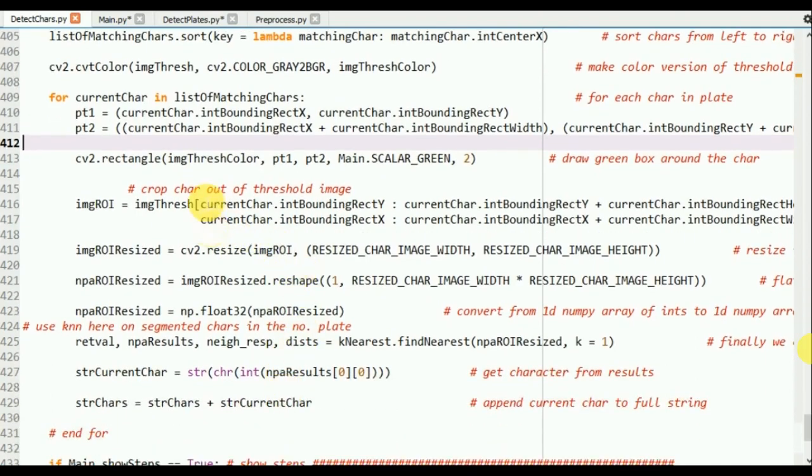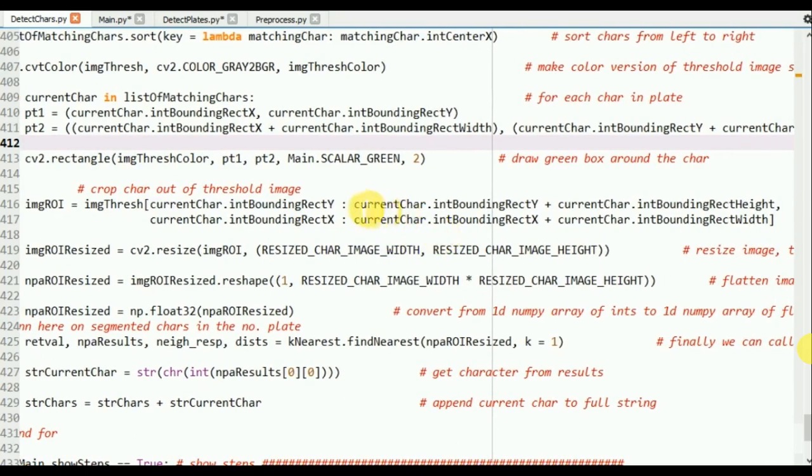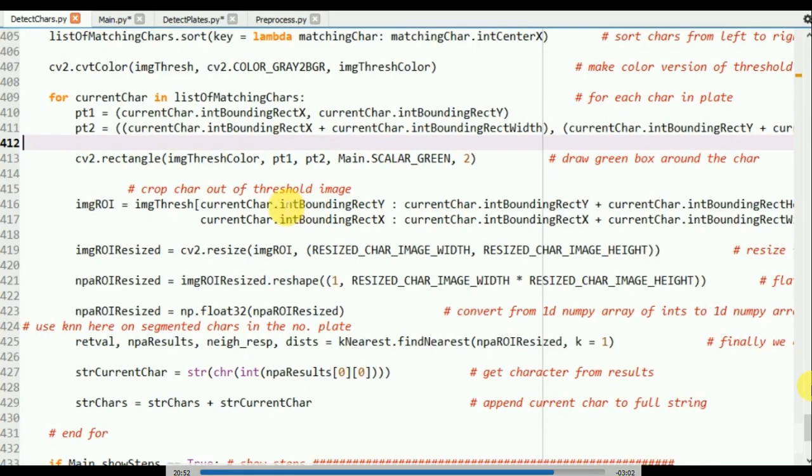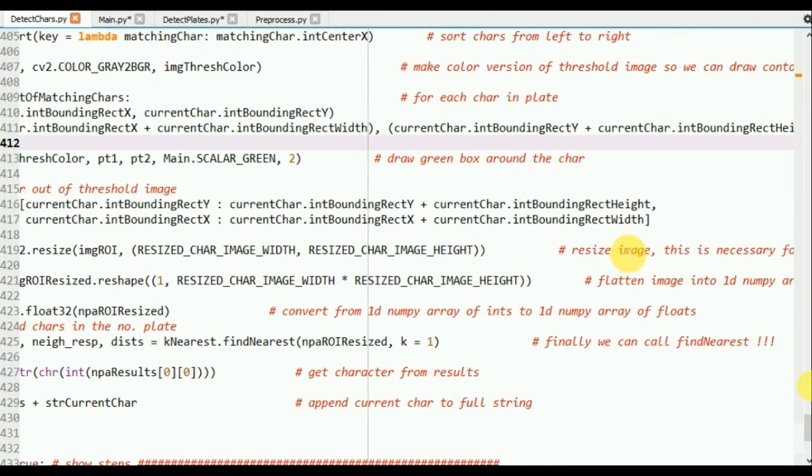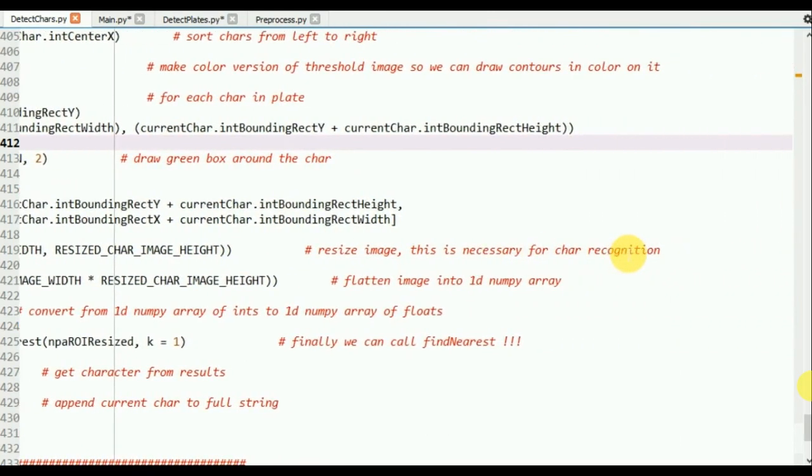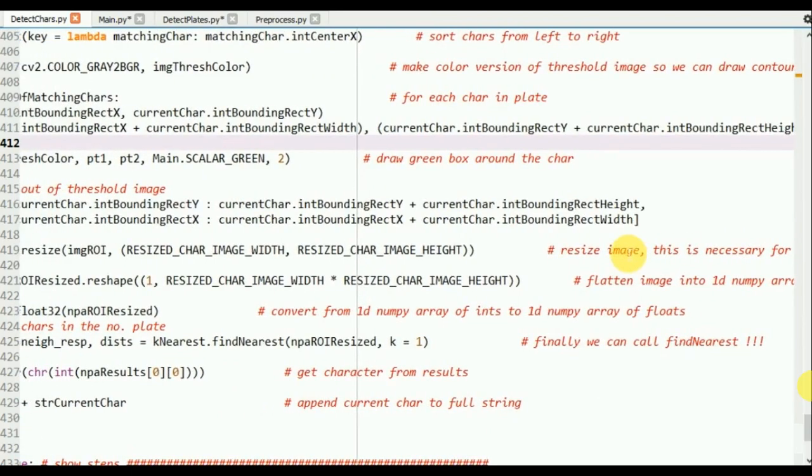After that, we will be cropping that character out of the threshold image. Image ROI, or image region of interest, is equal to image thresh, and in that thresh image, based on slicing, we are cropping that character out. In that cropped character, we are first resizing the image, because image resizing is important for character recognition.